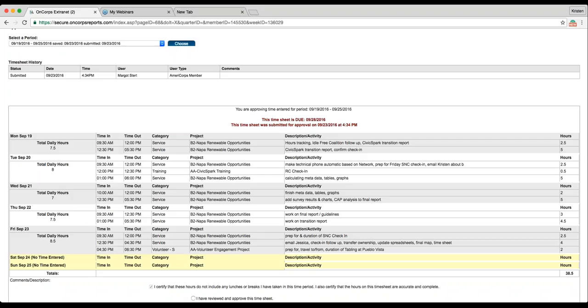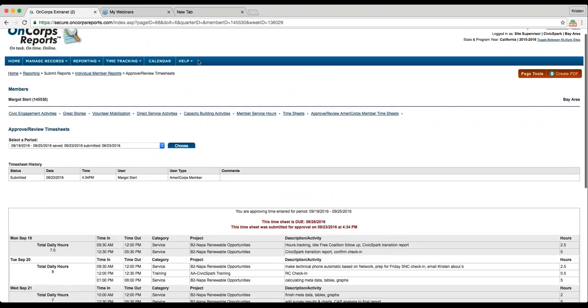So Ariadna Hernandez is the project coordinator for CivicSpark, or one of the 2 project coordinators, and she sends out those bi-weekly reminders. So when you do get that email from Ariadna, be sure to go on and approve those hours on OnCorps. And then there are also ways in OnCorps to set up your own